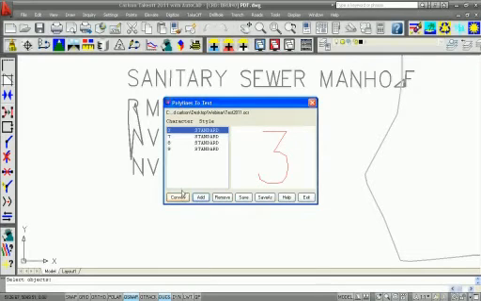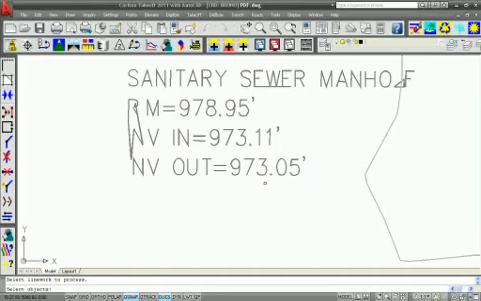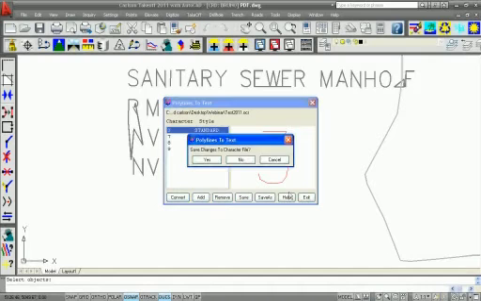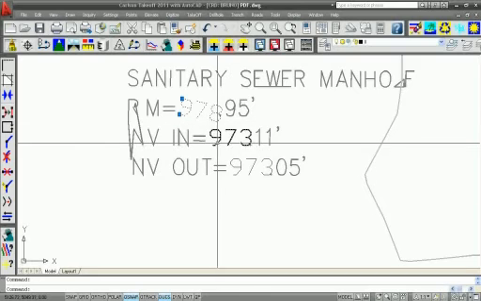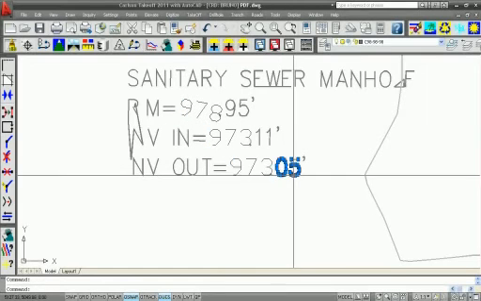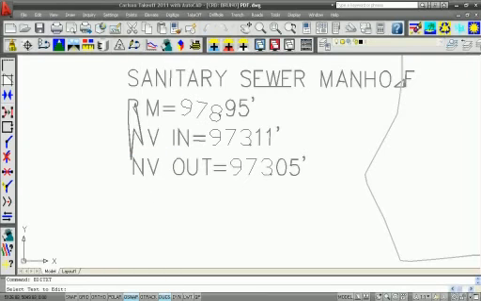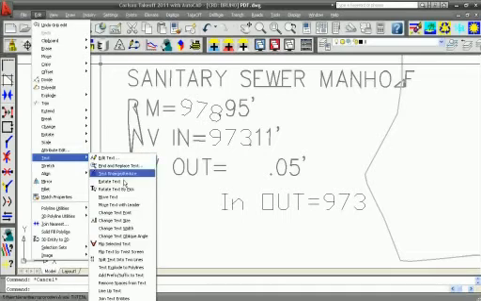Okay, and once you build this library, I can say convert, and let's select this text here, enter. Okay, converted 9 text characters. Exit, save. Okay, and now I have text values for these instead of just lines. If I do edit text and pick on this, okay, this is the invert out. So I could add to this value, and I can use all the different text editing tools that we have,